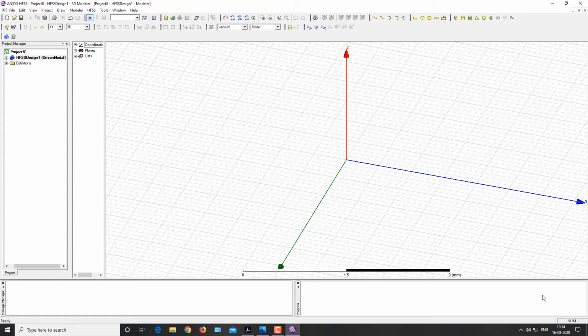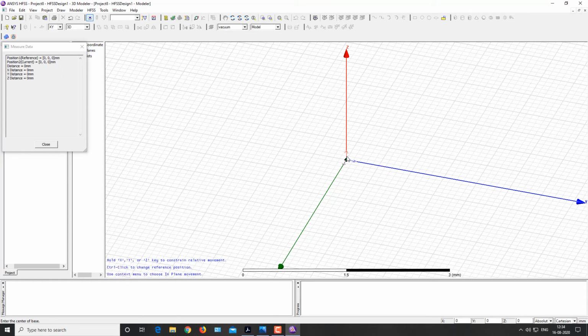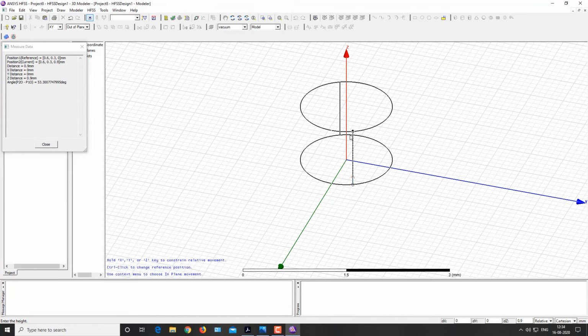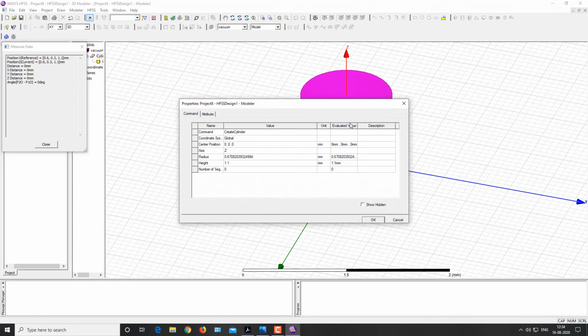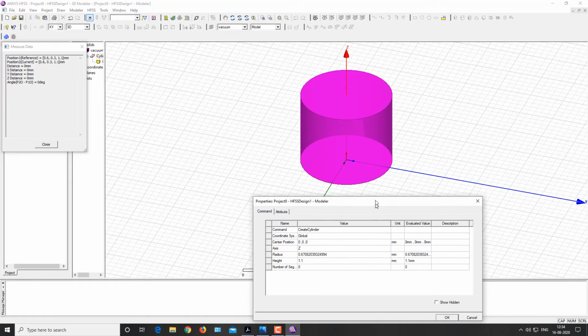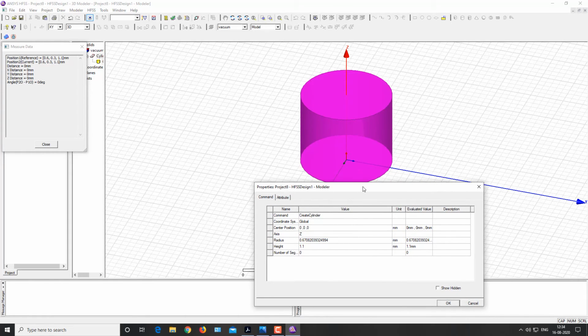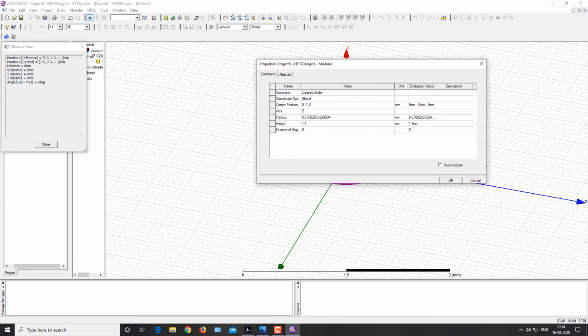Now for designing the one element of the dipole, click on cylinder and draw the cylinder like this. For the height, drag your mouse in the Z direction, and now the dipole is created here. Then this properties window will appear. Now set the positions.